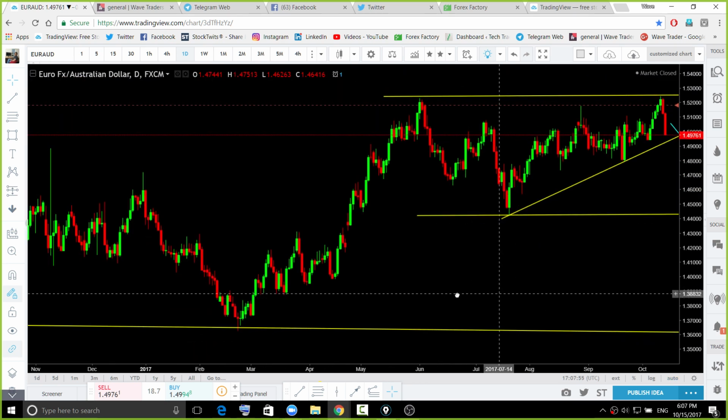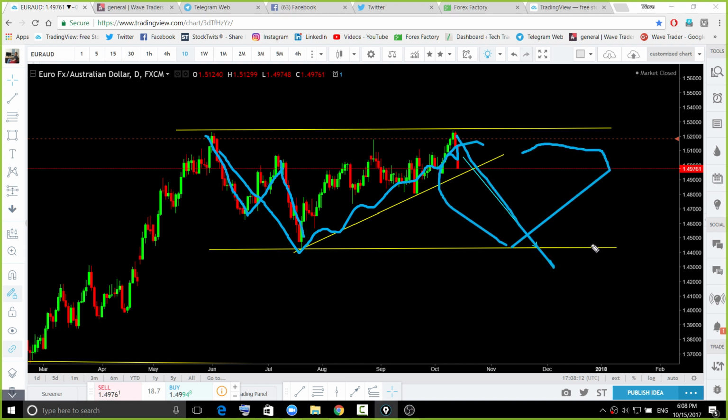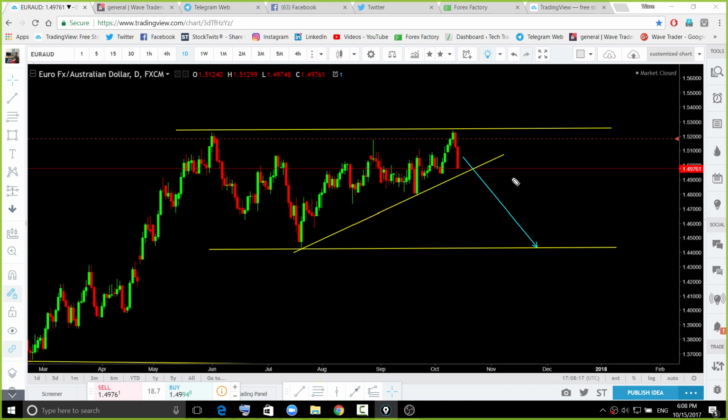I'm looking for this pair to get back within that bigger structure. Yeah, so like that, you can see over there this trade. The bigger impulsive move, corrective move, and then drop. Look at that move. We'll see how far that trade is going to go, whether it breaks down that bottom or not. All right, so if you missed the move from the top, you can only get into that trade once you see the continuation formation at this area. If that continuation formation appears over there, then you're going to have a chance to sell for that move.